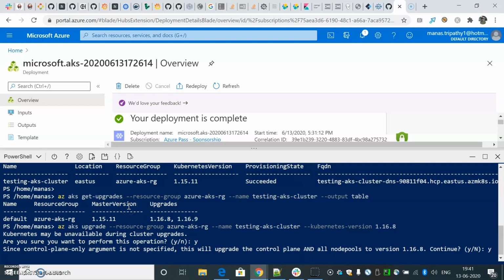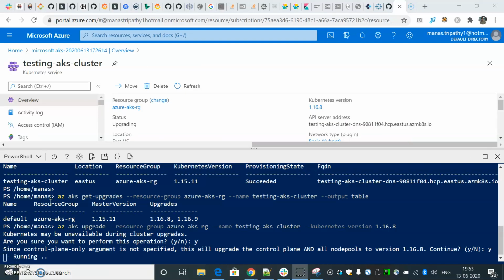This will continue for some time, like I said before, 10 minutes for each node. We have only one worker node, so it will take around 20 minutes. So let us keep it running. We can go to the cluster and see the status of our current operation. You can see that it is currently showing as upgrading.